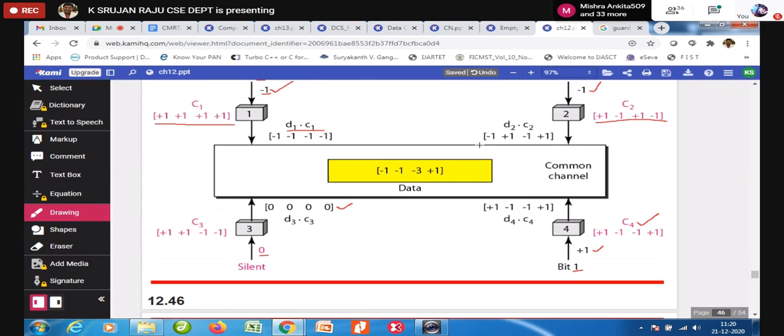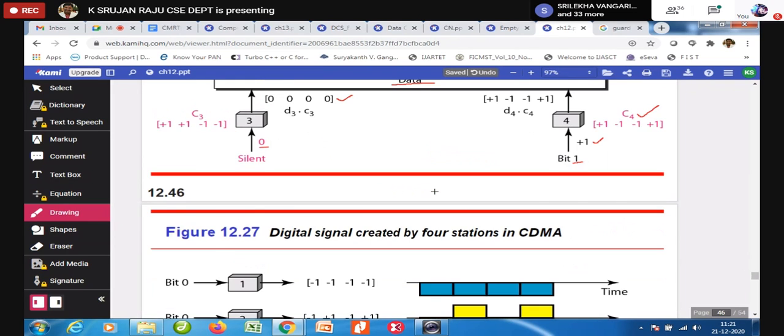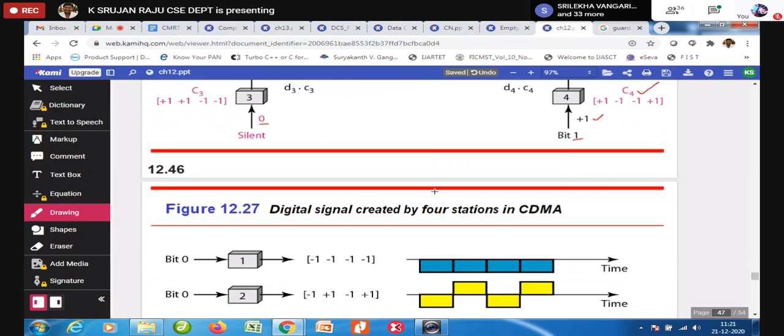When you combine D1.C1 plus D2.C2 plus D3.C3 plus D4.C4, whatever data you get, this particular thing you send through the channel. Now ultimately, sir, we are sending it, but how is it going to be divided?